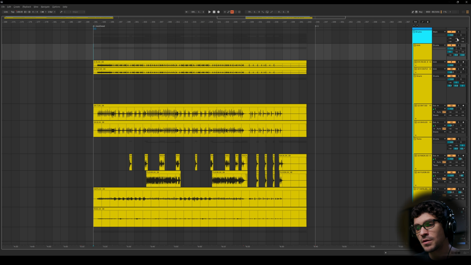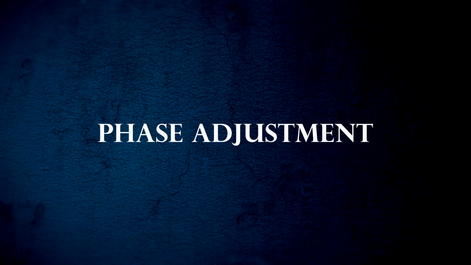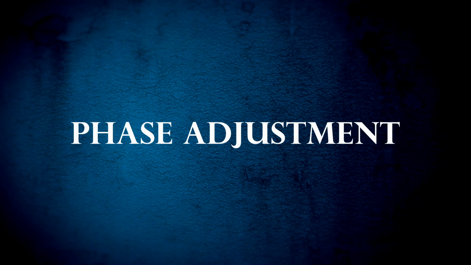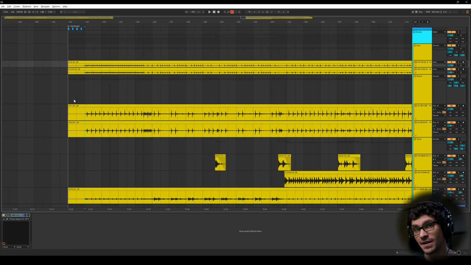Whenever I'm mixing, I don't actually listen to things in solo, but unfortunately it's just going to be the easiest for me to show you what I'm doing in solo. So let's just solo the kick. So really the only thing I'm putting on these individual kick tracks is a plugin that lets me phase align them to the overheads. If you don't know too much about phase aligning, basically,